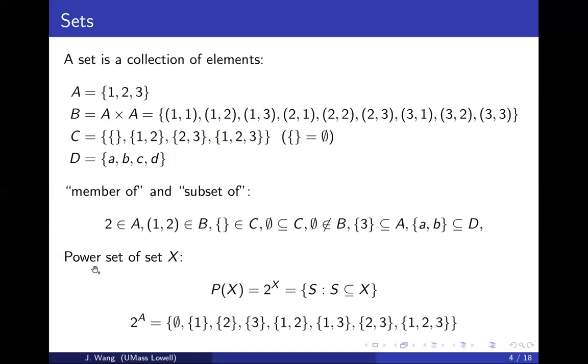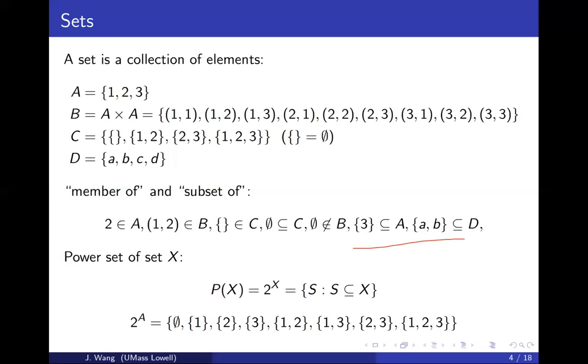All right, and then we're going to look down here. We are going to define a power set of set X. So assuming X is a set, then P of X, denoted by 2 to the X, is the collection of all subsets of X. Okay, so this S is a subset of X, all of them, put together. So that, of course, includes the empty set and this set X itself. For instance, when A is {1, 2, 3}, then the power set of A